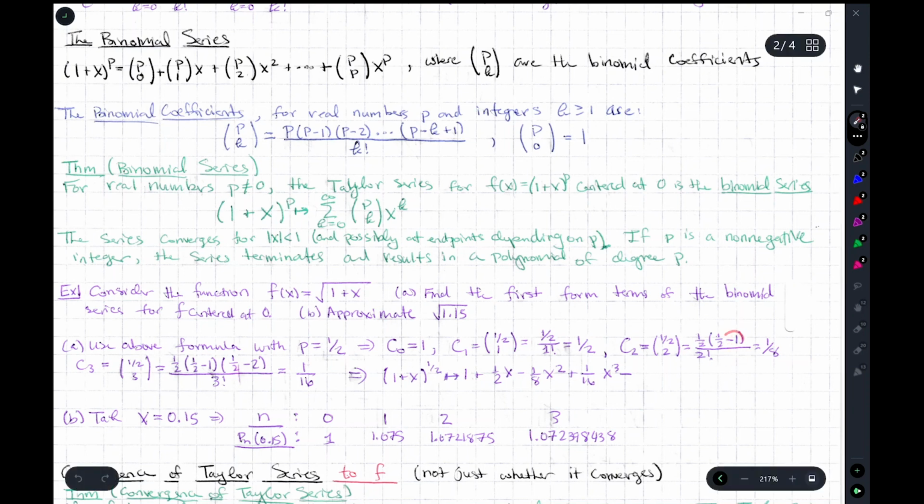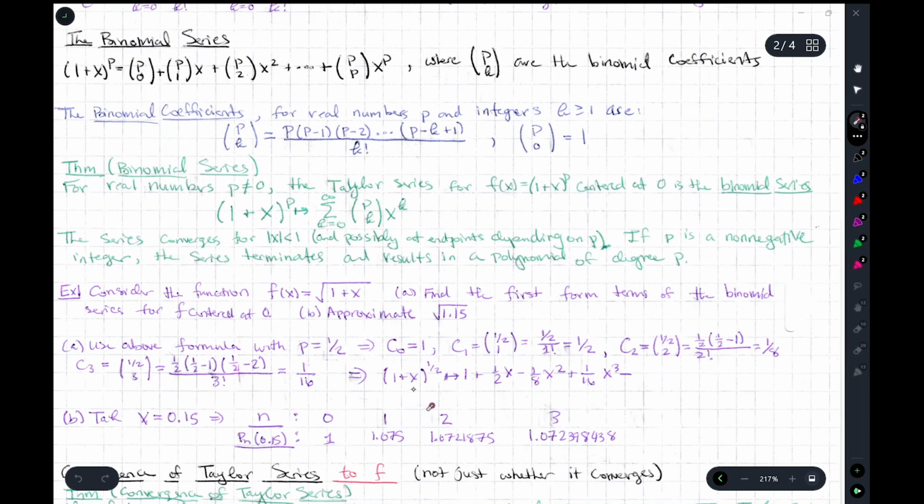Okay, so that's that term, negative k plus 1. So negative 2 plus 1. And what about, so we'll get 1/8 there, just doing the arithmetic. And what about C3? Well, there is going to be 3 plus 1, negative 3 plus 1. And so you'll get 2. You'll keep going down until you get that minus 2. You get 1/16. And so here goes our expansion,